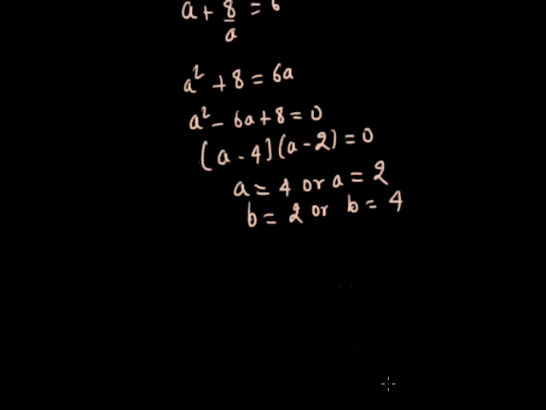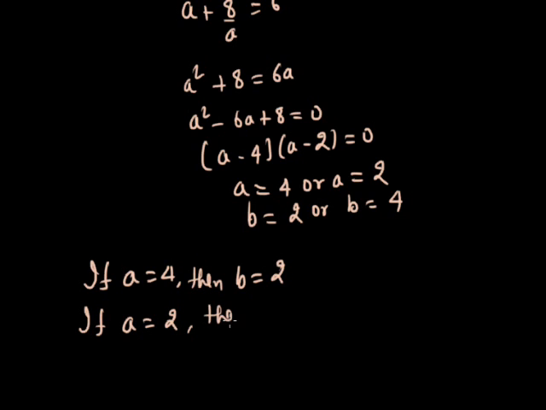So what will be the values of A and B? A equal to 4, B equal to 2. If A equal to 2, then B equal to